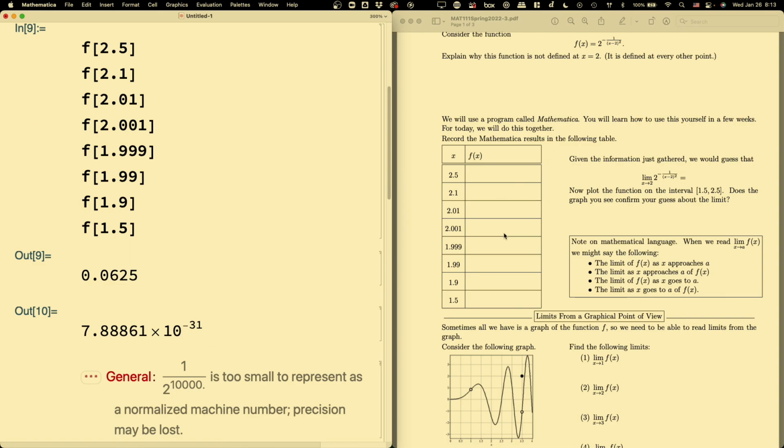And so what this illustrates is that there's a bit of a limit, if you'll pardon the pun, to working with numerical data and graphs in terms of thinking about limits. They're fine as a